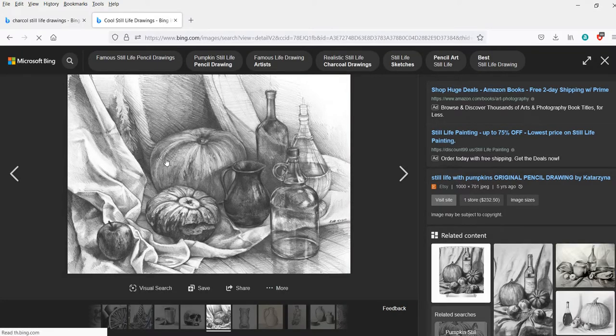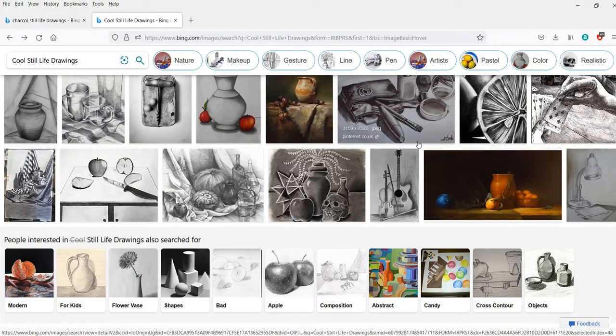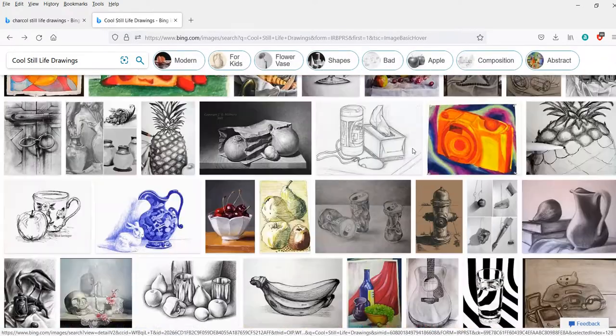Maybe they are creating a little bit of texture on the pumpkin back here, but the rest of it is perceived to be smooth surfaces. So you want a smoother shading mark when you're making the shading marks, and that's usually done with the side of your pencil.